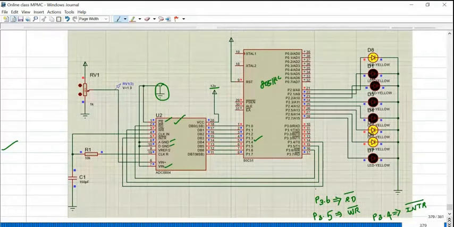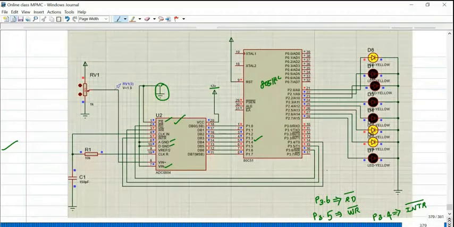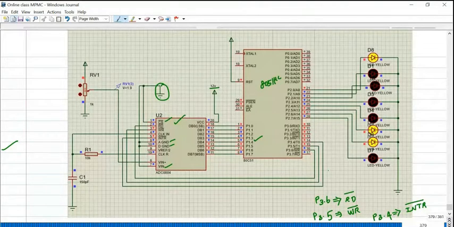Sir, should we connect to this particular pin only? No. Just to make the 1 to 0 and 0 to 1 transition, I have selected some pins from port 3. You may use any pins, but according to the logic, you have to write the assembly language program. What is the logic? Your write bar signal should go from 0 to 1. Finally, to read the data, read bar signal goes from 1 to 0.